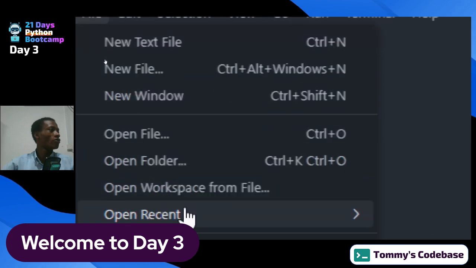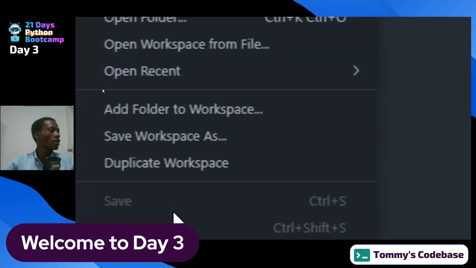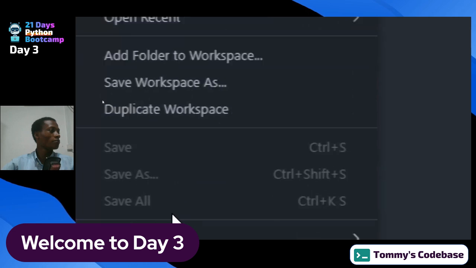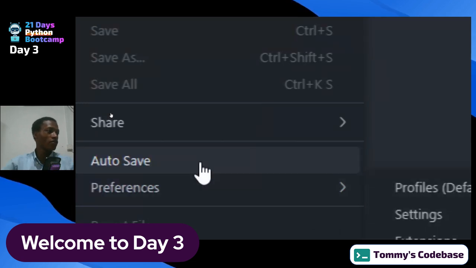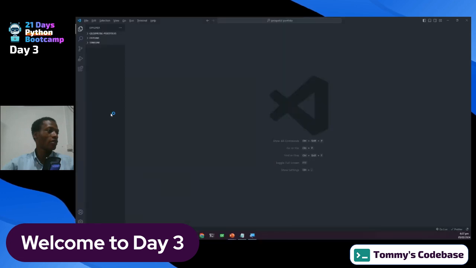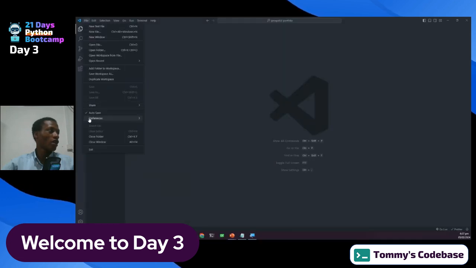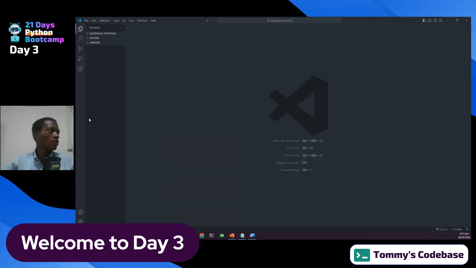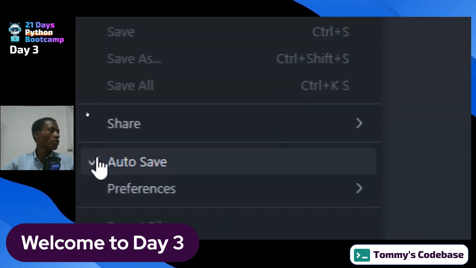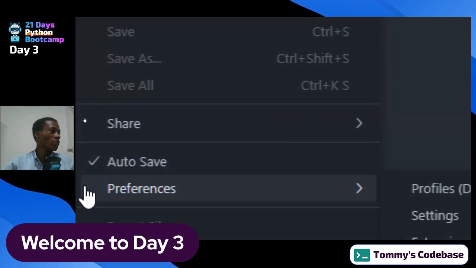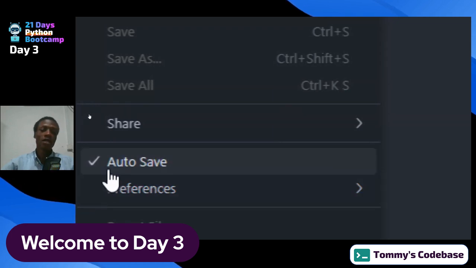And then when you scroll down, as part of the options that will come, there should be auto save. If this auto save is not checked, like mine for now it's not checked, if I click it, looks like nothing happened. But if I go back again, now you see there's a little check mark beside autosave,